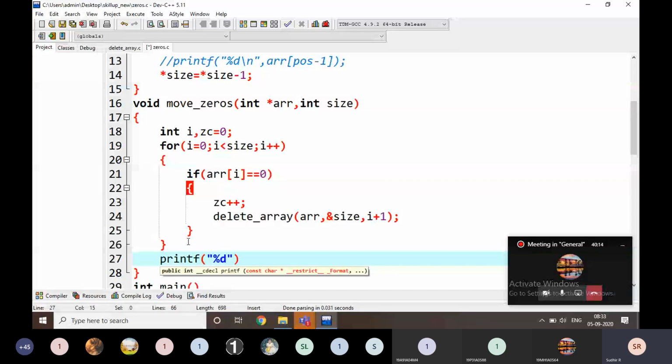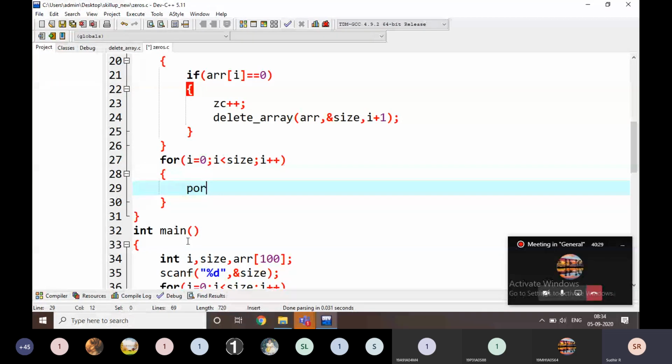I don't know exactly what the values inside are, for i equal to 0, i less than size, i plus plus. I am going to display the values. This %d, I am going to give some space, arr of i. I am going to comment the last one. I am going to execute it.